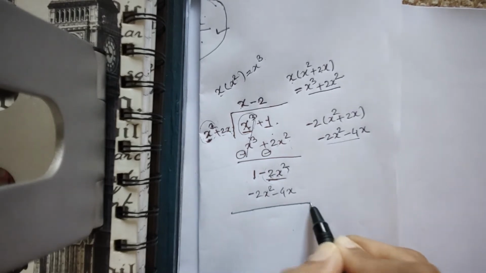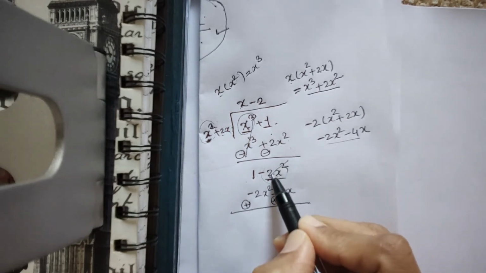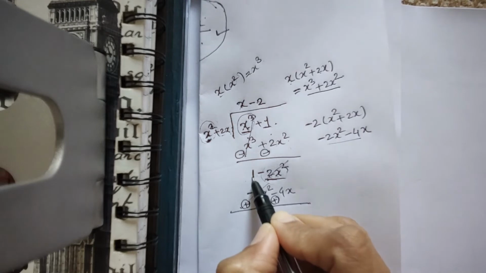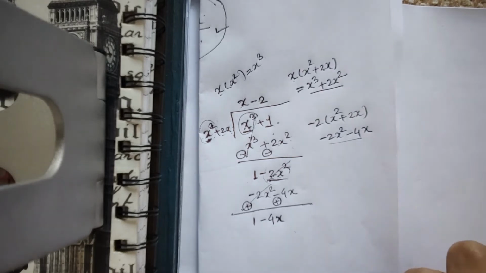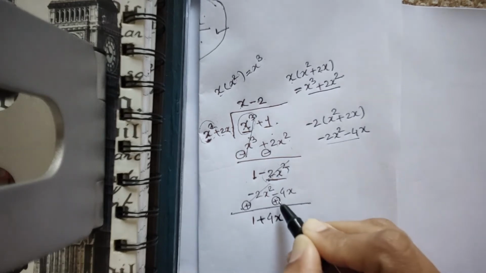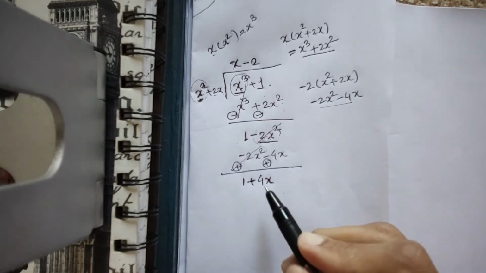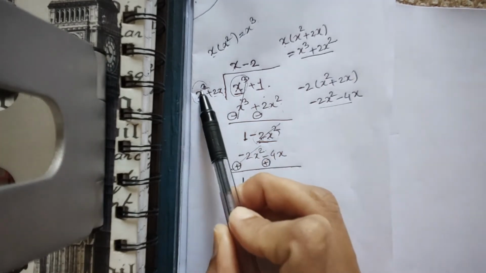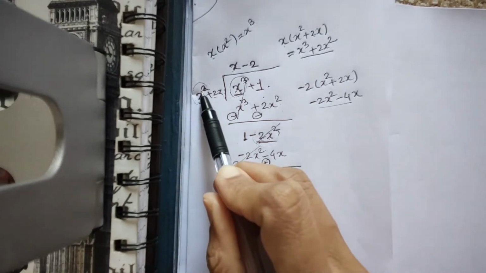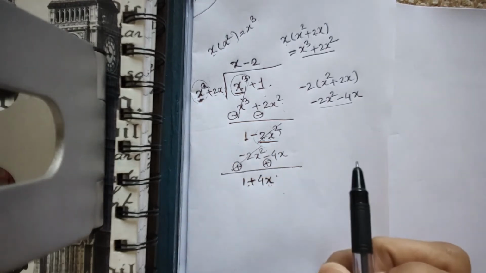Alright, so to change the sign, this will become plus, this will become plus, because we are subtracting. So minus 2x square and plus 2x square cancel. What do I get? 1 plus 4x. Sorry, this is the plus sign, this is the change. 1 plus 4x. Now I cannot divide. Here I have x square and here I get x, so I check the degree. Here the degree is 1, there the degree is 2. Now I get a lesser degree than the divisor, so I will stop here.